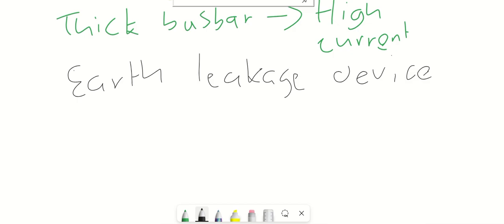So these things are not basic knowledge. You must know them. You must listen attentively, because some things I'm not writing, but they are very important. So we also have an earth spike, a metal rod driven into the ground to improve grounding connection. Okay, that's how I put it.